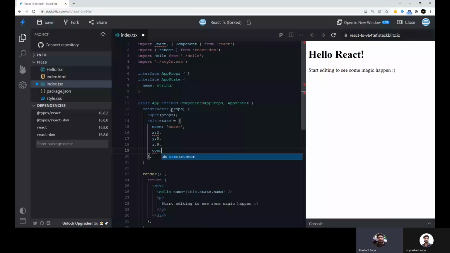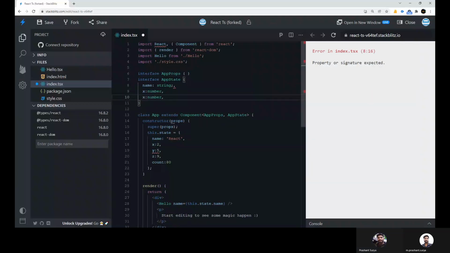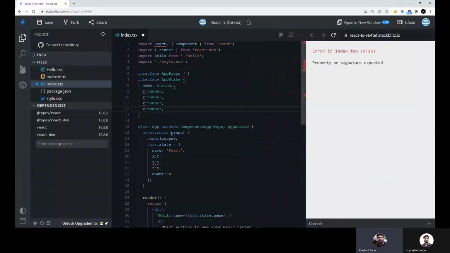So x will be the number, x y z will be number, x y z, and here will be the count.